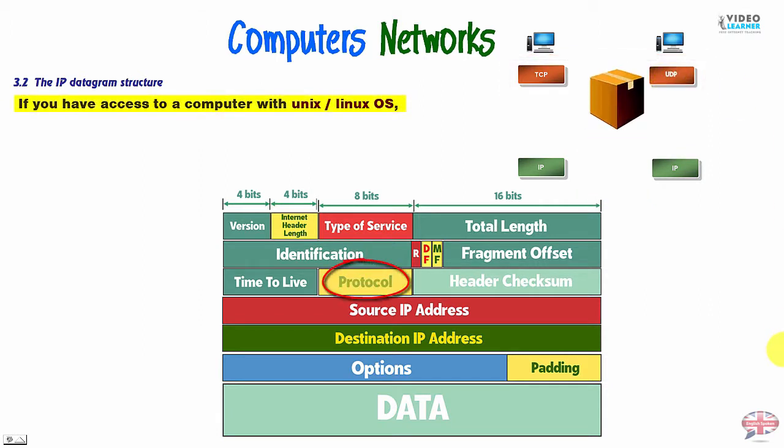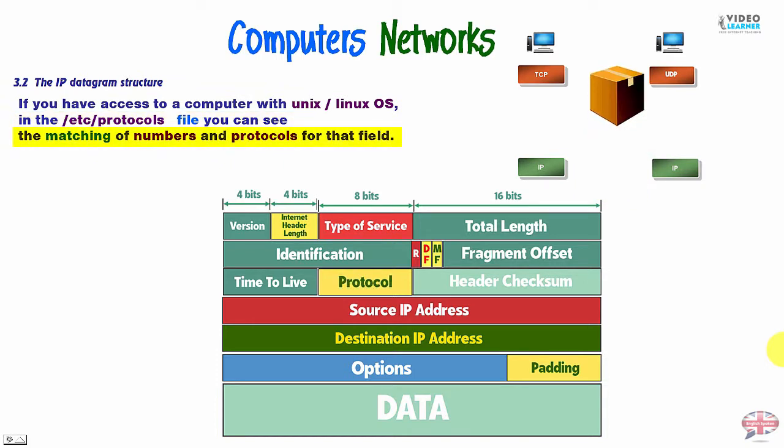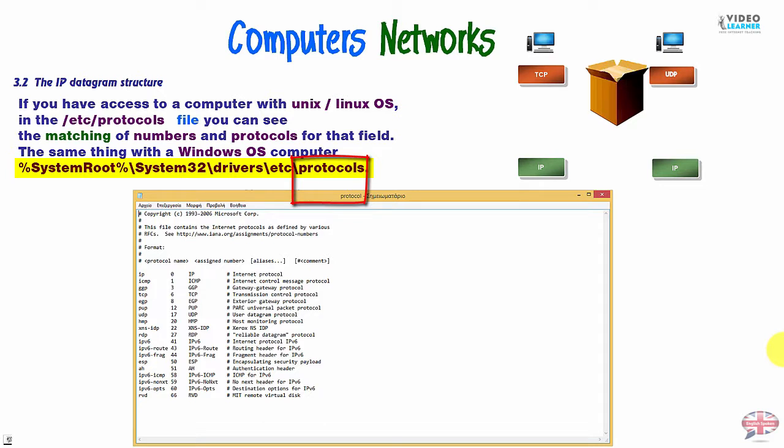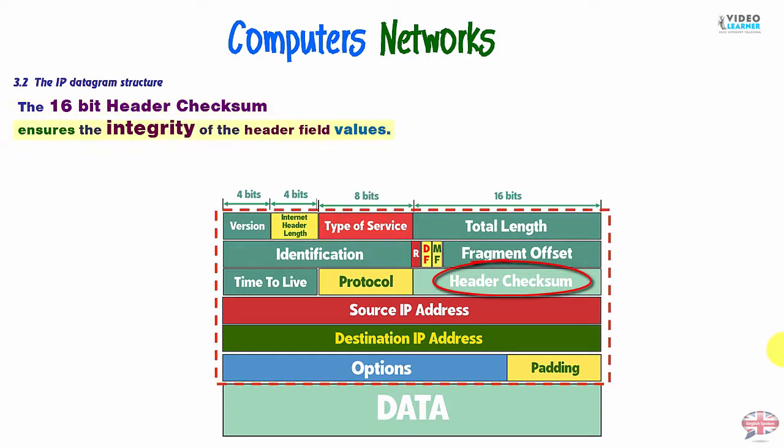If you have access to a computer with Unix or Linux OS, in the /etc/protocols file, you can see the matching of numbers and protocols for that field. The same thing with a Windows OS computer: we have system root, system32, drivers, etc, protocols. Now, the next field, the 16-bit header checksum, ensures the integrity of the header field's values, applies only to